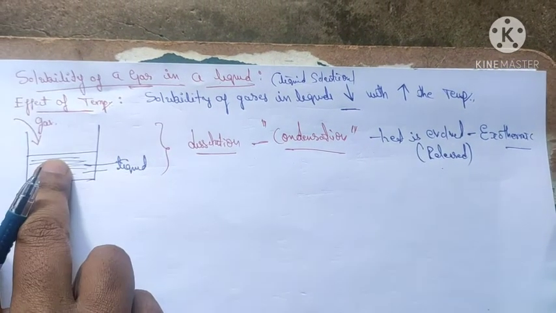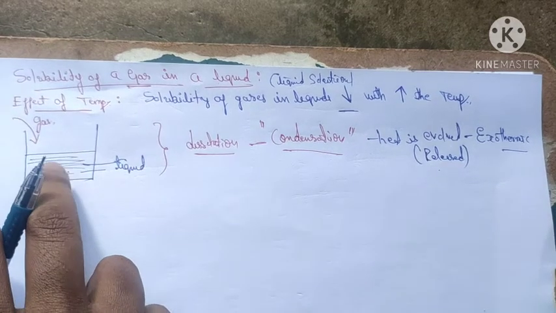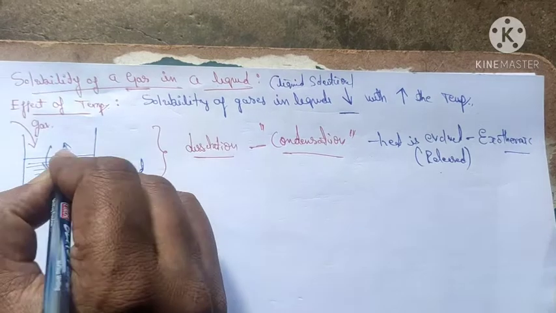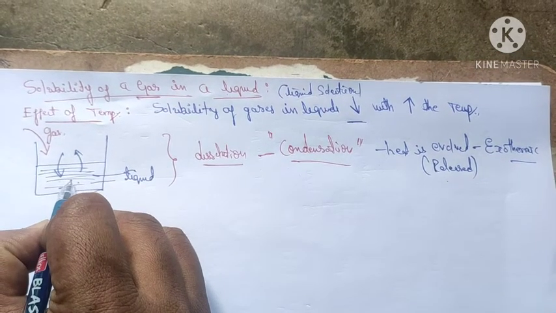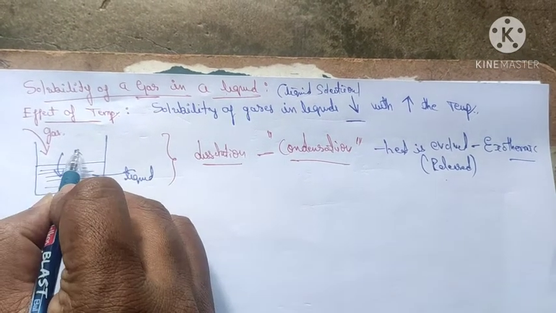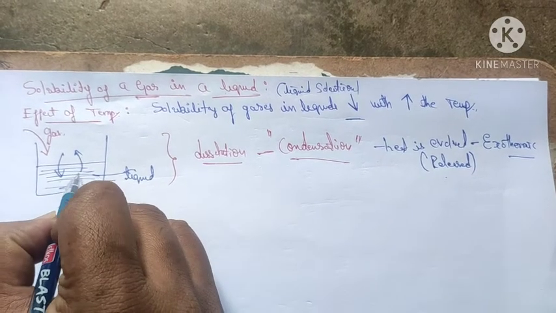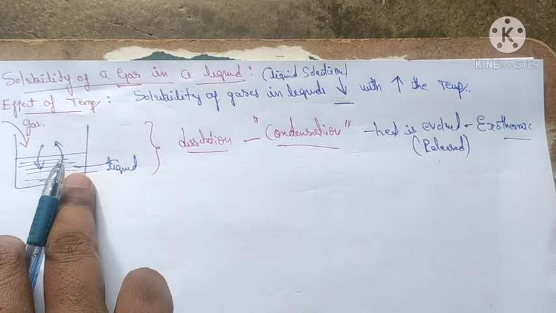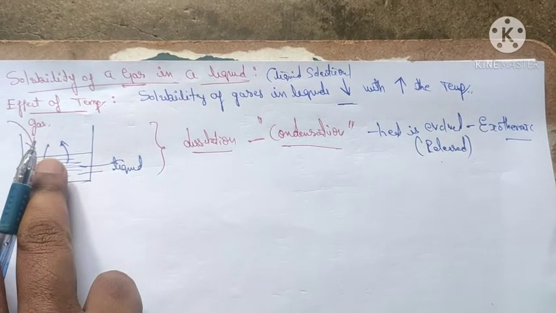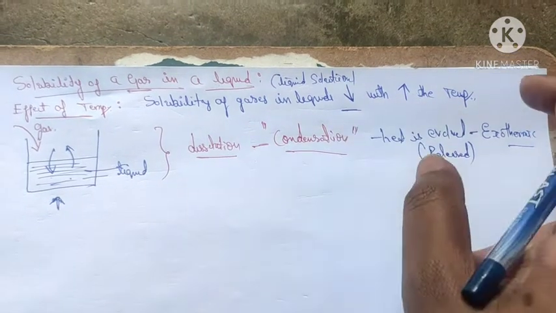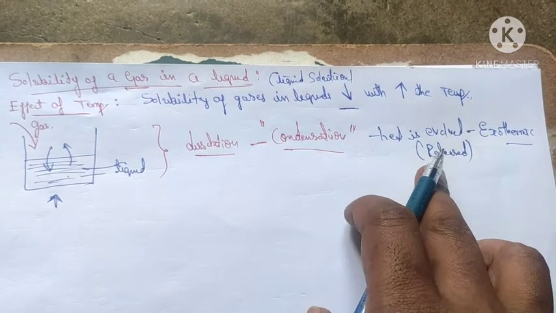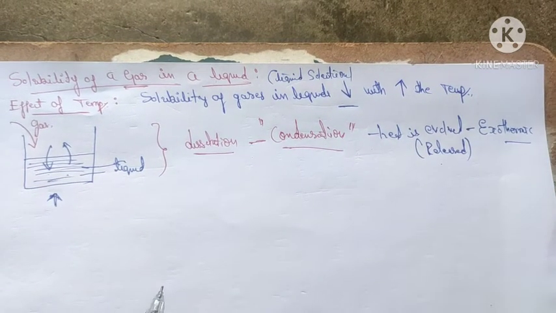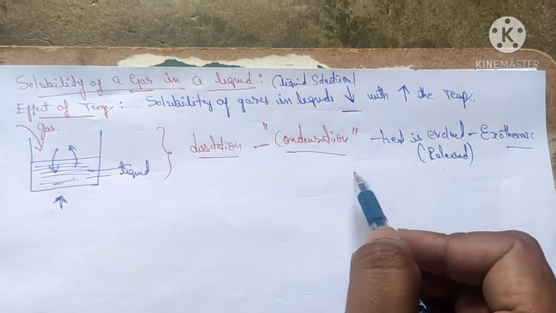So here, what do the gas molecules do in the liquid? Do they absorb? This is equilibrium. Gas molecules enter the liquid phase, and on heating, the liquid particles move to the vapor phase. This is dynamic equilibrium. In this case, the gas molecules are released, they do not absorb. So it is evolved. This is called an exothermic process. So under Le Chatelier's principle, this dissolution is an exothermic process.